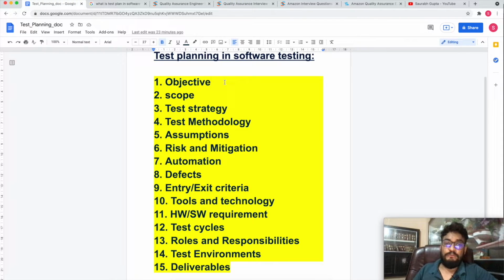So scope. In the scope I would like to mention what you will be testing in this particular test plan. The test plan might be frequently changed, which you will be updating sprint by sprint, or it might be that you are referring to the test plan for the whole quarter, right?